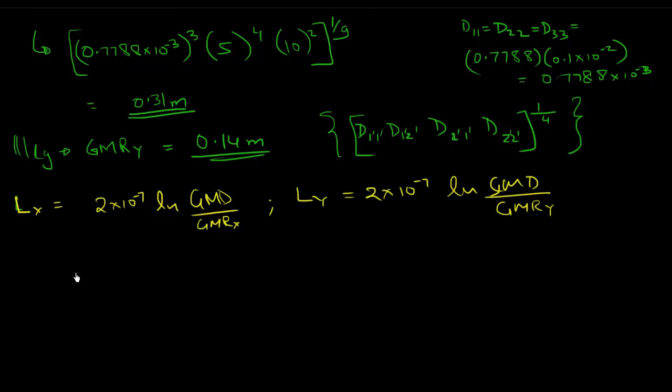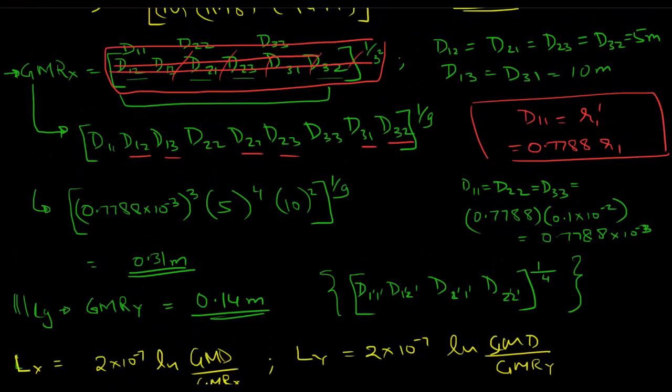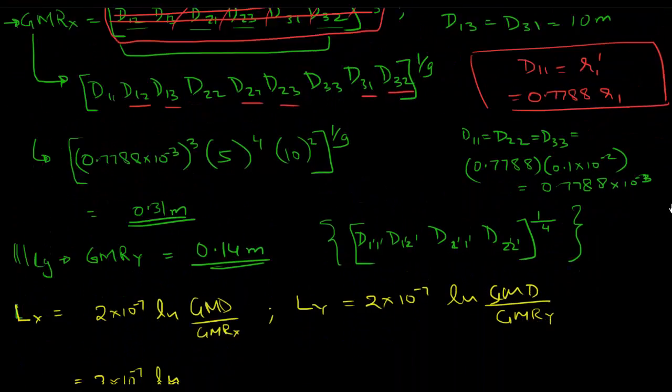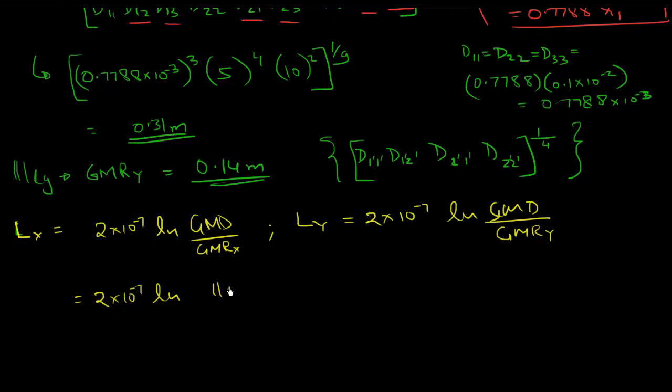So that's going to be nothing but 2 into 10 to the power minus 7 ln of, what was our GMD value? 11.2. So you have 11.2 over 0.31, which comes from here,